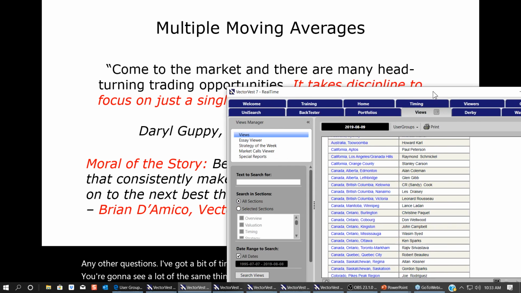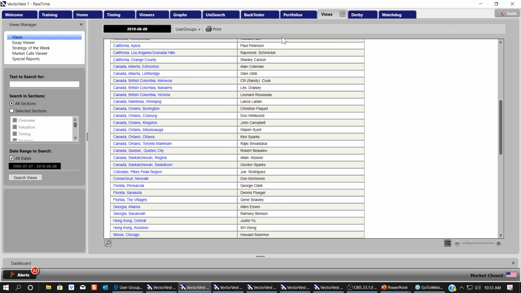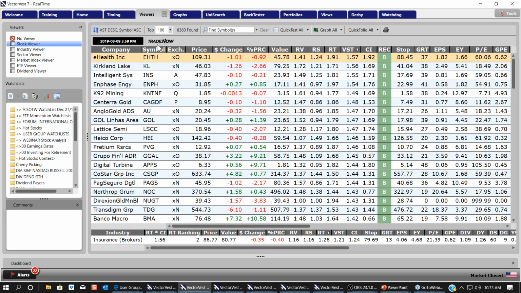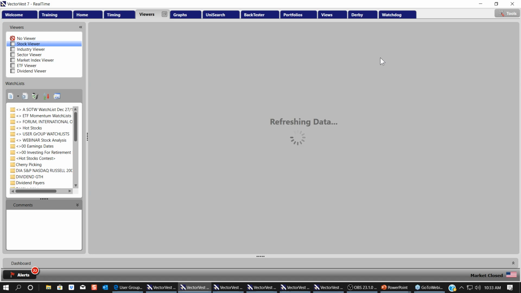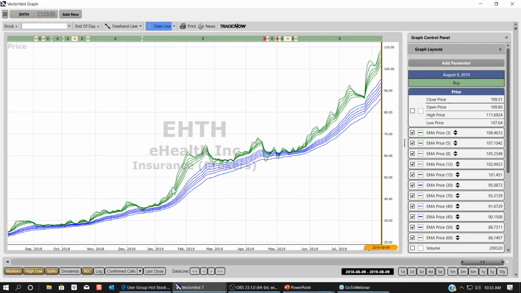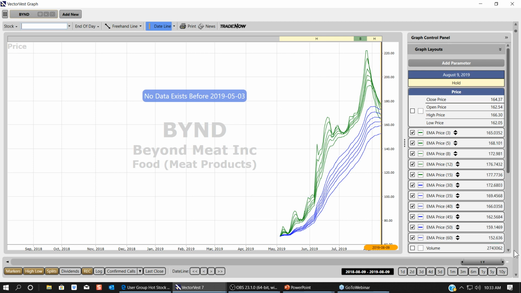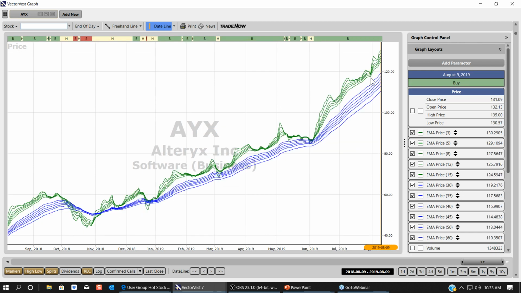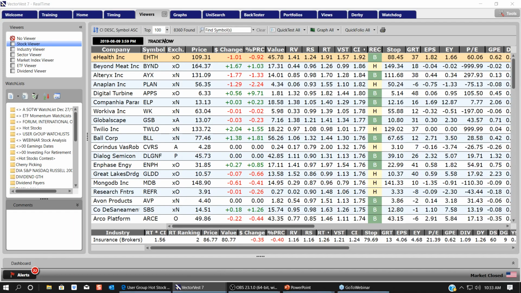Here's the US. Again, if I go to the Viewers tab and just the Stock Viewer, these are the top VST stocks, for example. I'm going to switch it to the top Comfort Index stocks. You can just left click here and click on the Graphs tab, and they're going to look pretty good, and you're going to like the way the short-term traders lead the long-term investors and how you can use the techniques that I've identified for you here to make some pretty good trades. Okay, so we've got all weekend. Look at about 300 graphs,